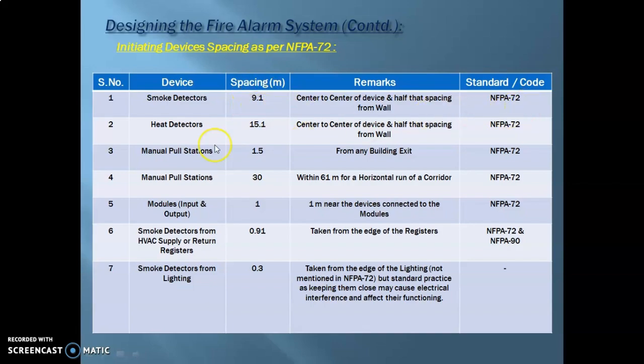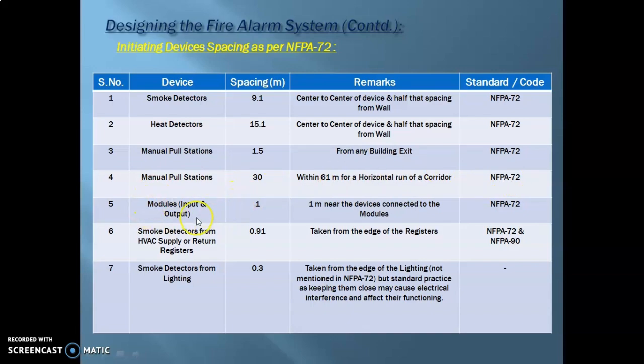This is as per NFPA 72. Then again for heat detectors, it is 15.1 meters, again mentioned within all the data sheets of all the manufacturers. Then you have the manual pull stations, 1.5 meters from any building exit. For the manual pull stations, within 61 meters at least one needs to be there in the center. So there you have 30 meters from there for corridors.